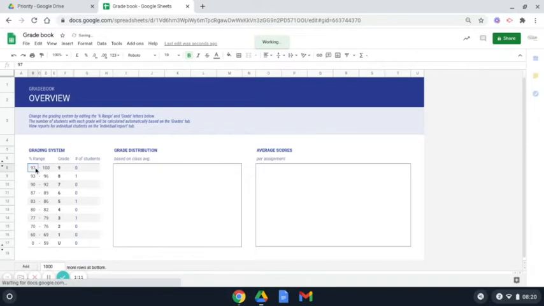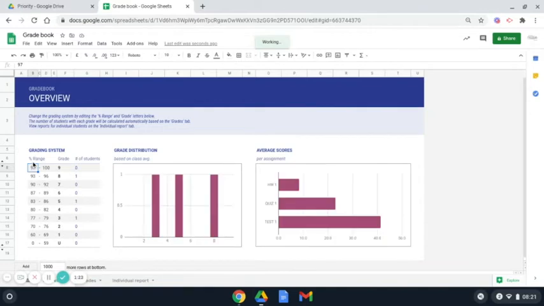And then I want to change my grade boundaries because these are a little bit too high for the students that I teach, our internal boundaries. So all I need to change is this first column. So I'm going to change this to 94. As I change this to 94, the column here